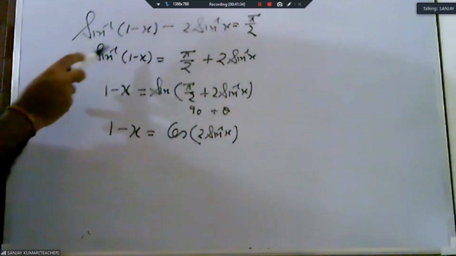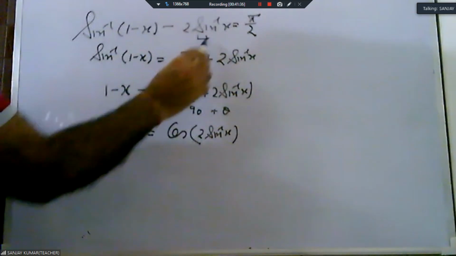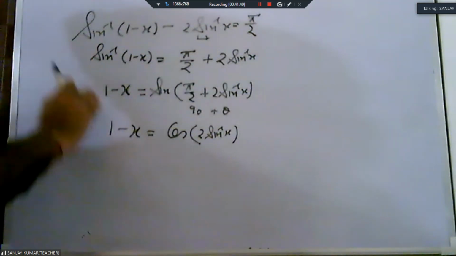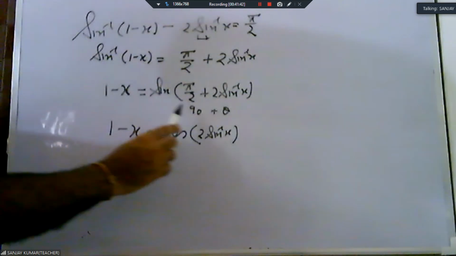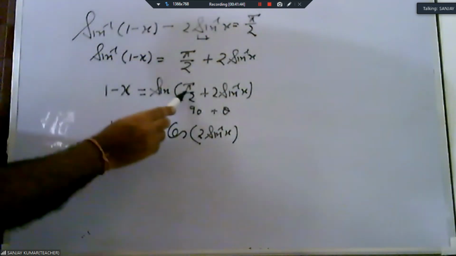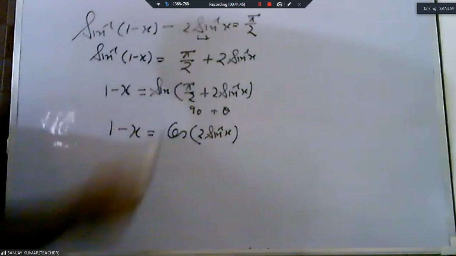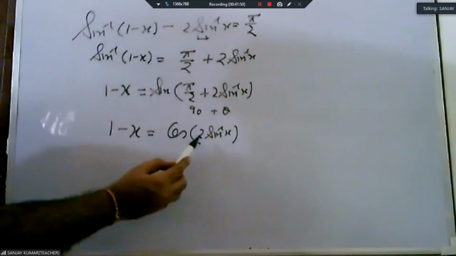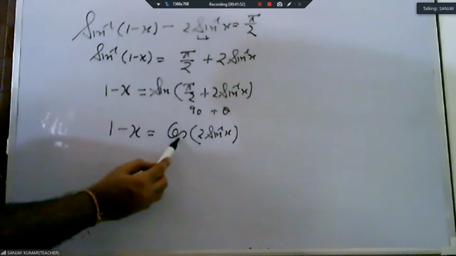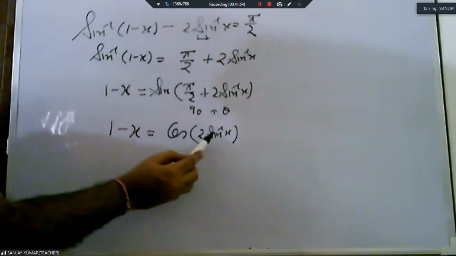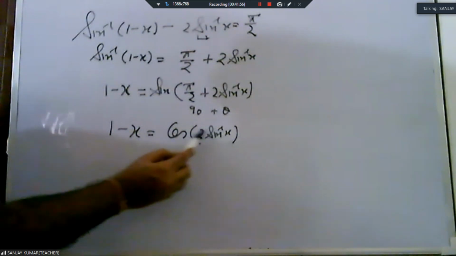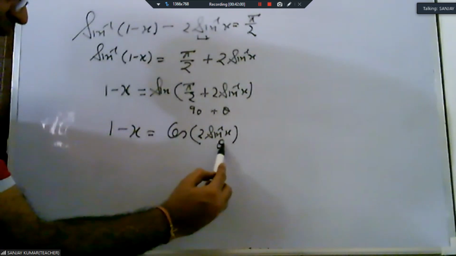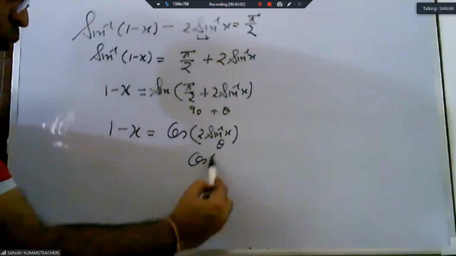Again, from the starting, we take one number on the right side. Then we convert this sine into cos. We can also apply sin A plus B, but because it is 90, we can also use sin 90 plus theta, which is cos theta. Now the problem is that this is 2 and this is cos, so it cannot cancel. Because if you convert into cos, then this 2 creates a problem. But if we suppose this is theta, then this is cos 2 theta.